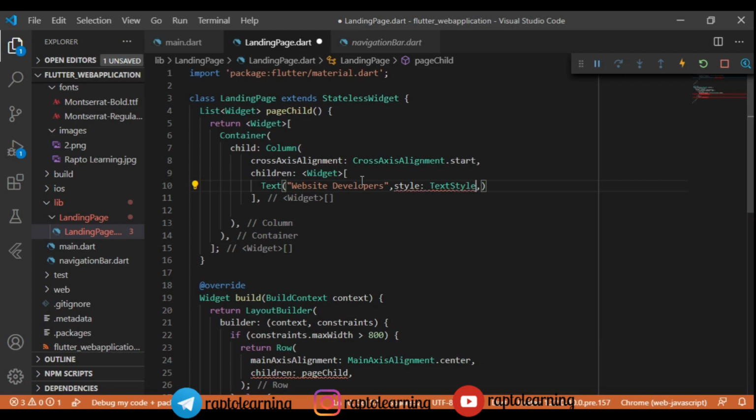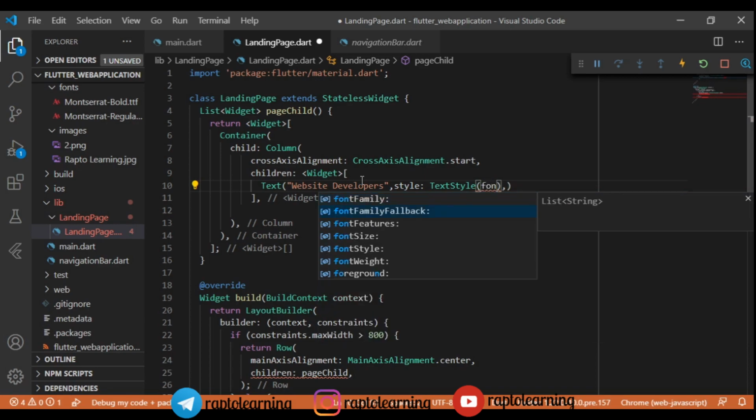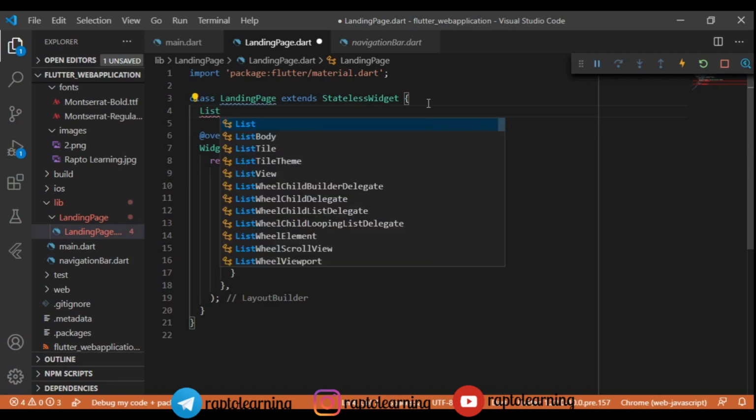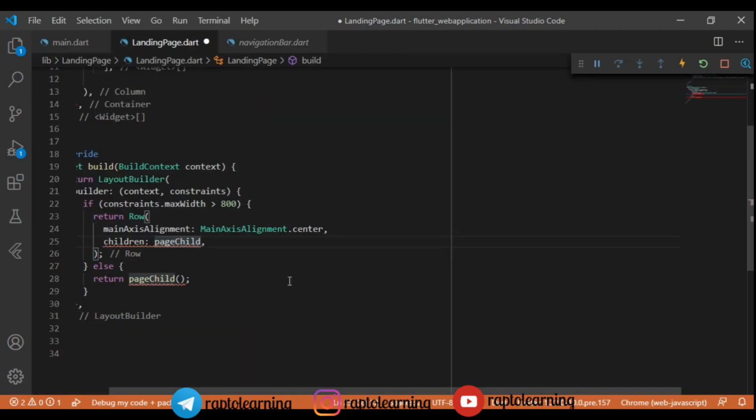And so we'll implement a text style. As you have seen in the previous video how to edit this, I will just fast forward this part. We will do the text styling and all as we have done previously for our title, that is Rapto learning, right?